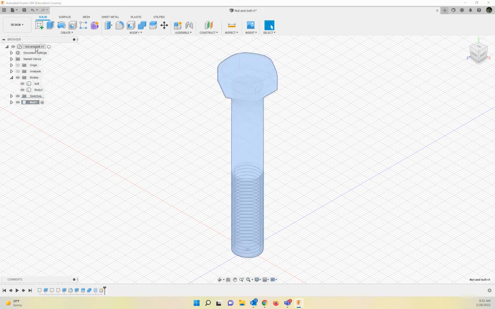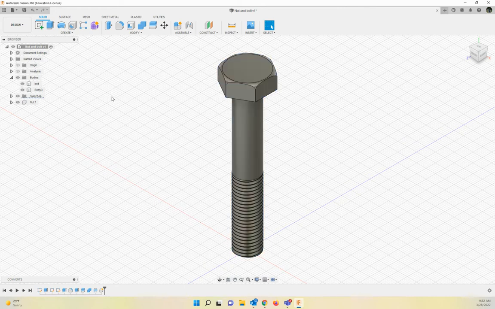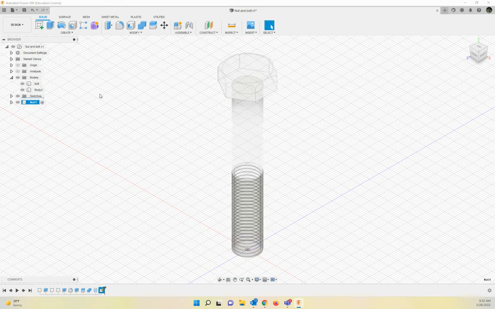As you see, up here in the browser, if I make that active by clicking on the little circle there, the bolt comes back. But I want the nut component to be my active component. So I click on it, then the bolt is transparent because it's not the active piece that we're working on. All right, I'm going to hide it,